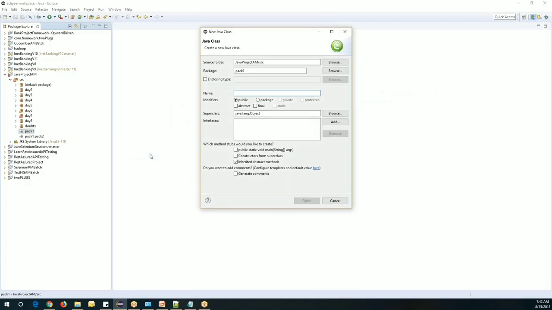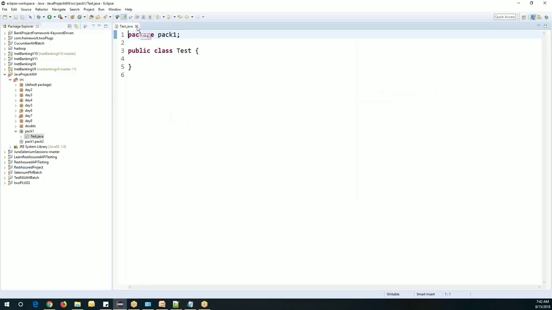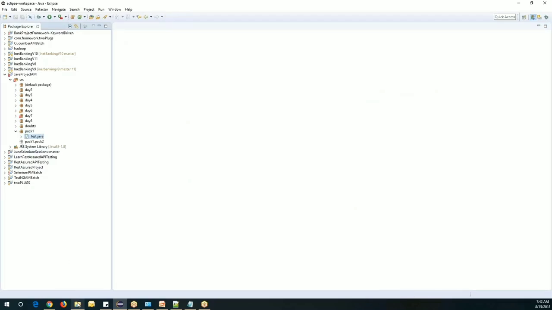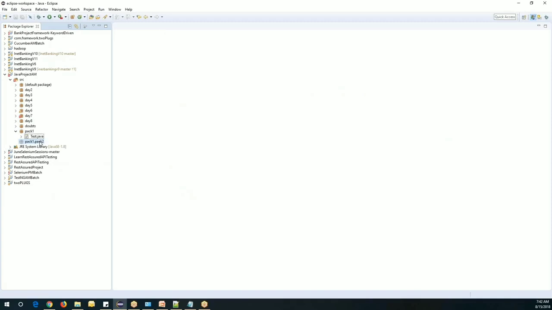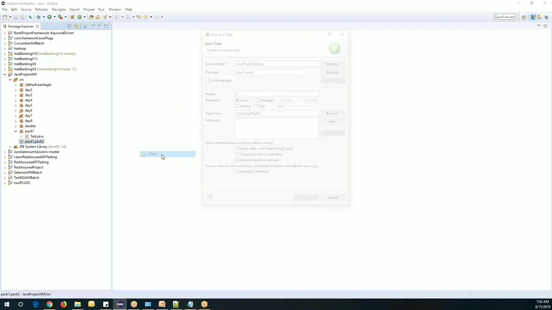Select pack1. I'll just create one class called test. Now this class is present under pack1. If you go and see in pack1, the test.java has come here. Now if you want to create a class under pack2, you need to create a new class,